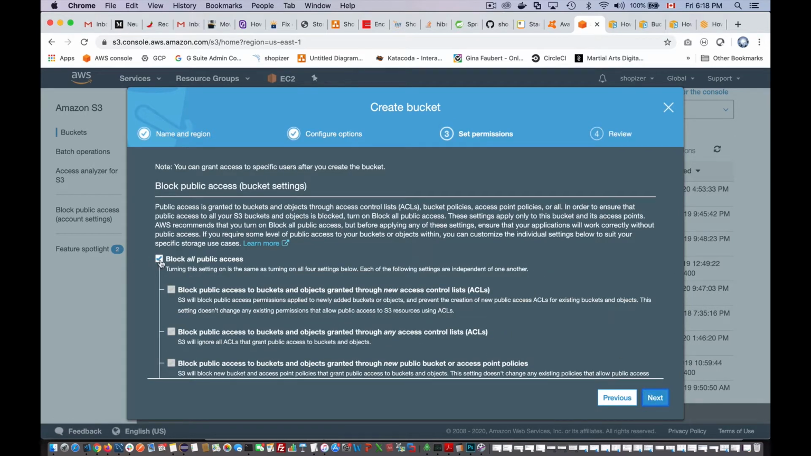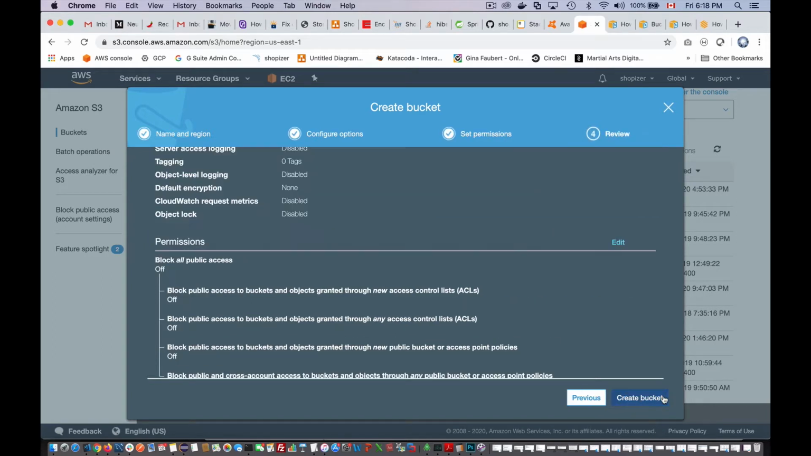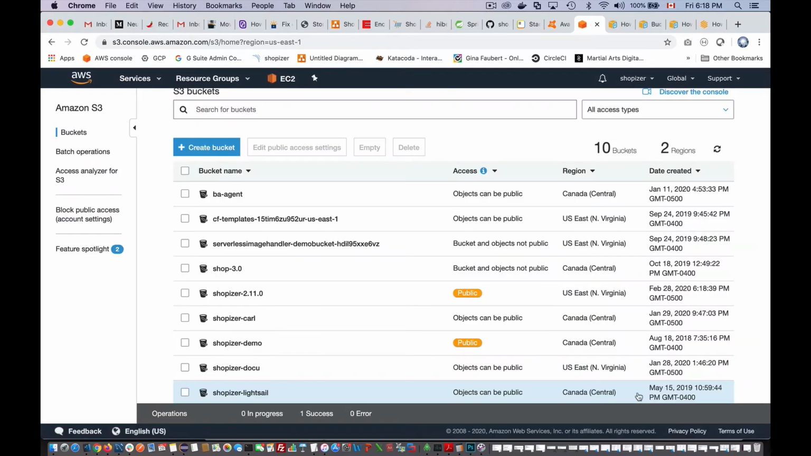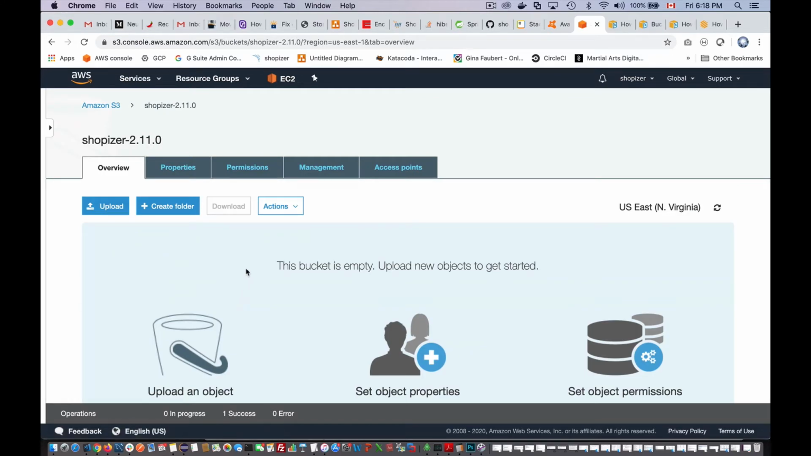Next, I'm just going to uncheck the blocking of all public access. So that means I have the intention to make my bucket public. For that, I need to accept this notice here. Click on next, and then I am just going to confirm my intention and create the bucket. Once this bucket is created, it is now public, but I need to assign some privileges to that bucket